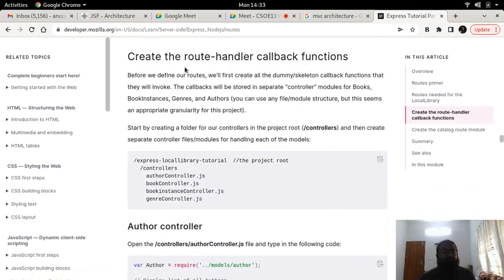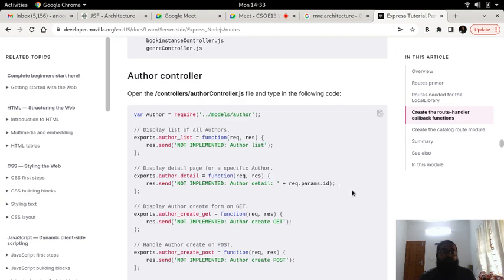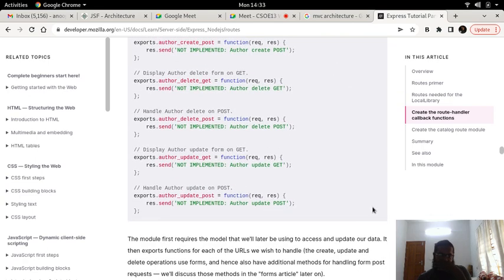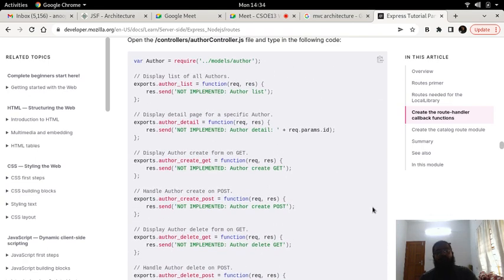Then you can have route handler callback functions. Rest is all code with which you will wire up the entire systems together, connect the systems properly, like electrical circuits.